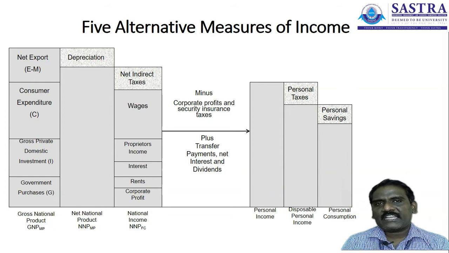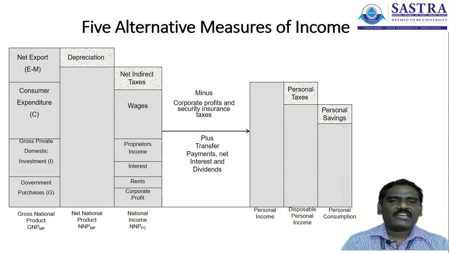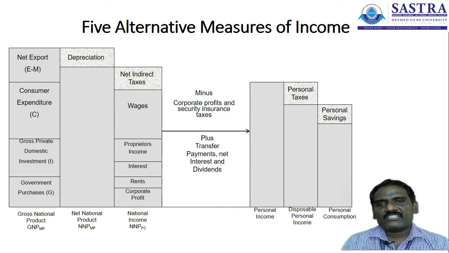It means the consumption expenditure and the savings are the major components of the disposable personal income. In that disposable personal income, if you subtract the personal saving, you get the personal consumption expenditure. What is the total personal consumption expenditure availed by the people in the particular country? It is the aggregate value of how much the households in the country consumed in the market. So it is calculated on the basis of what we know as personal consumption expenditure.